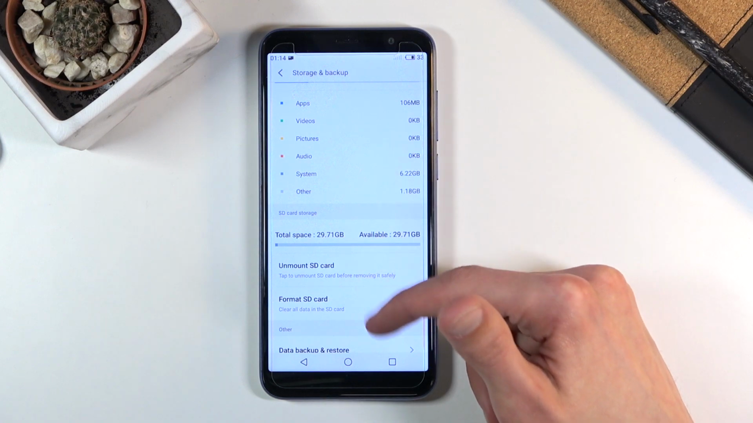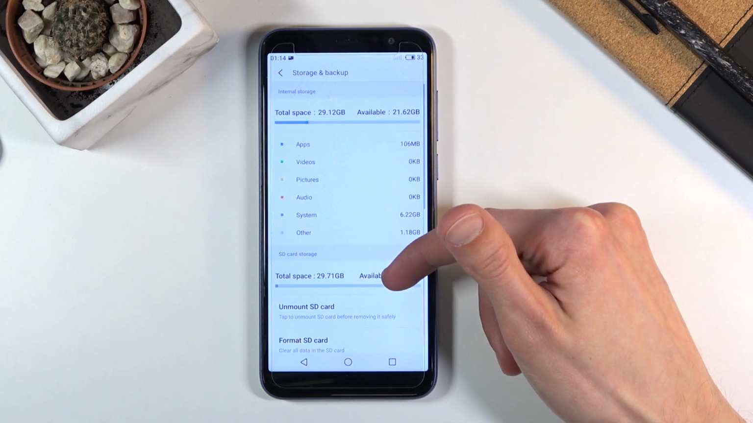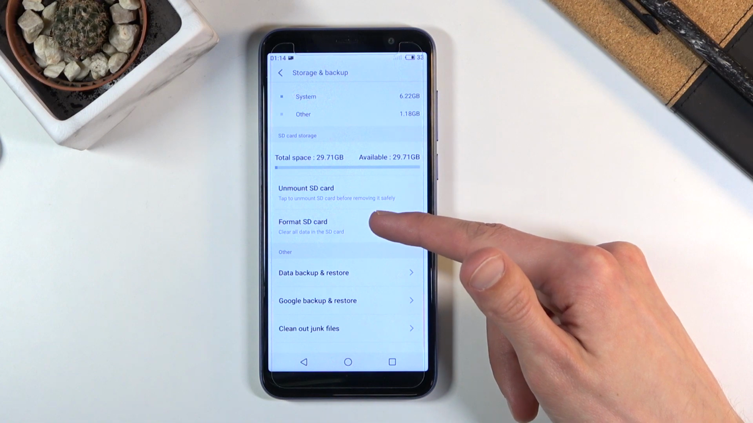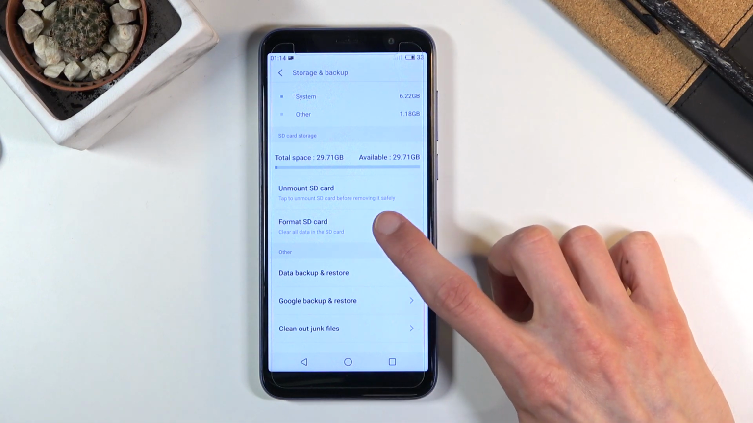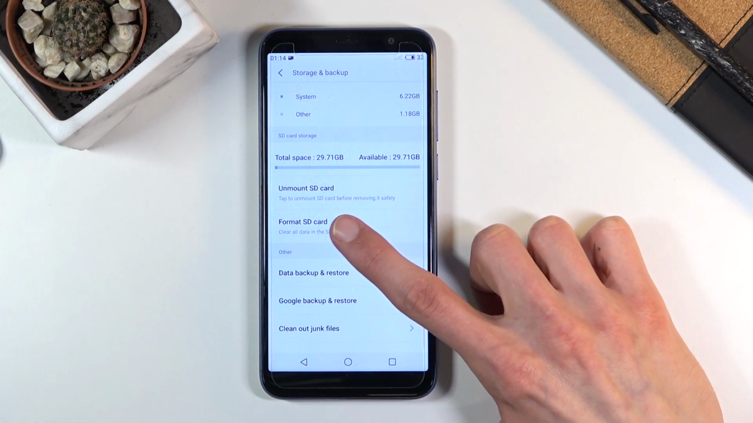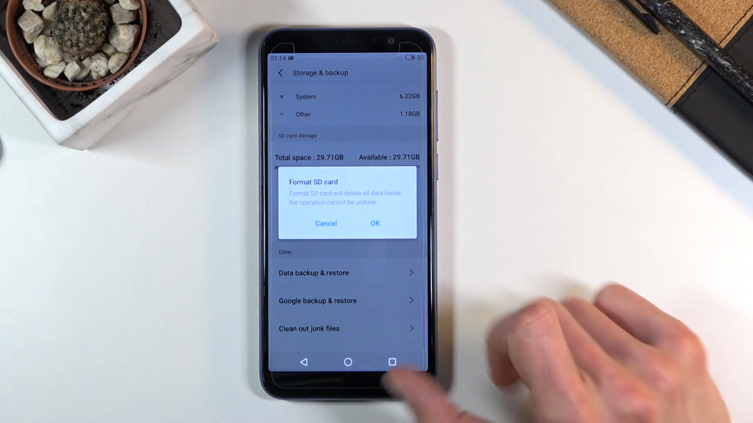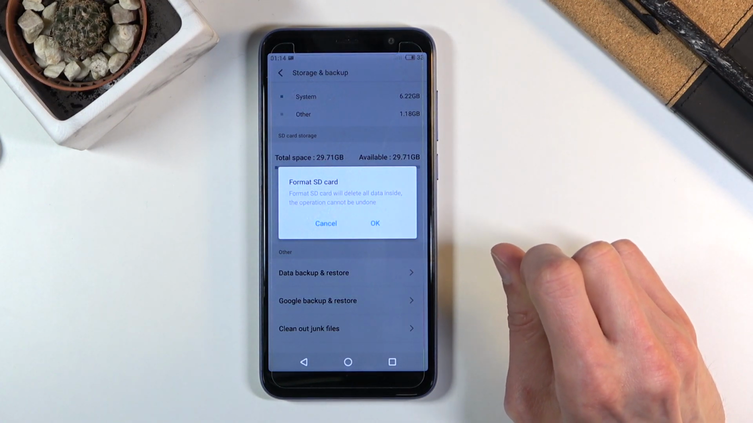So let's see. Oh, there we go. Format SD card. I'm looking for just how to access the SD card. Well, it already gives me the option right here, so let's select it, and it will bring up a message